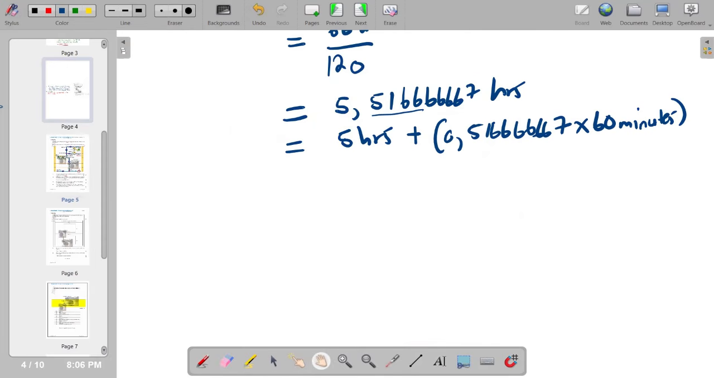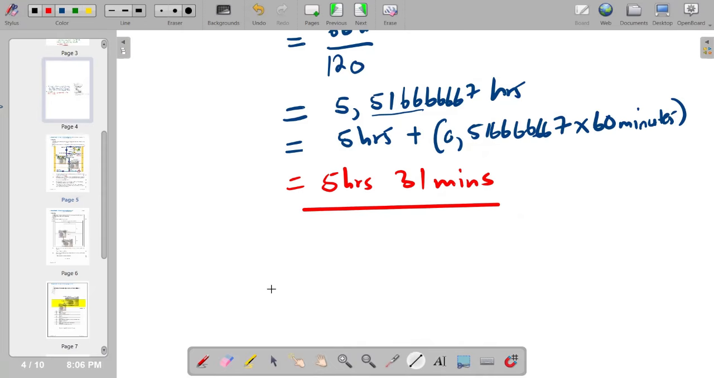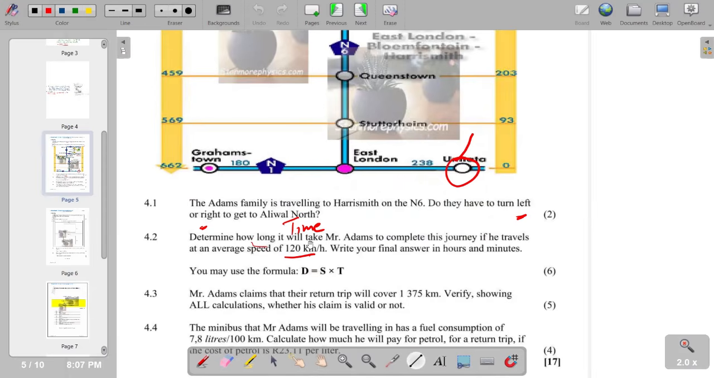So your final answer becomes 5 hours 31 minutes. So this becomes your final answer. So basically that is it on that part. Then we move on to the next part, which is now